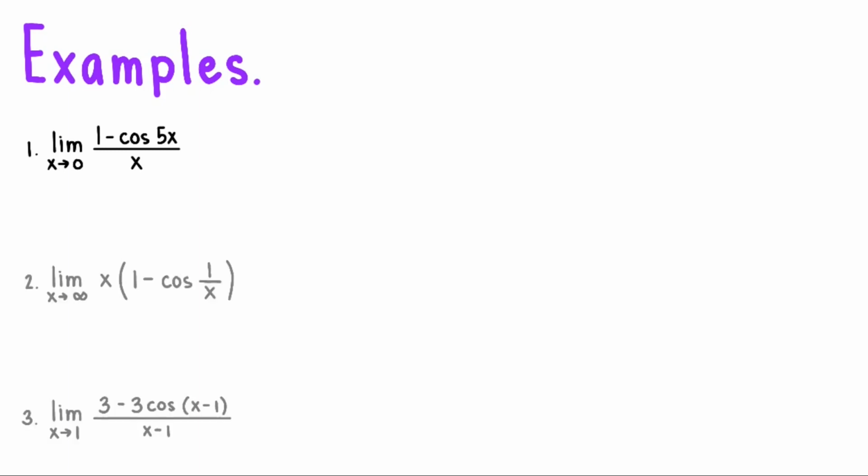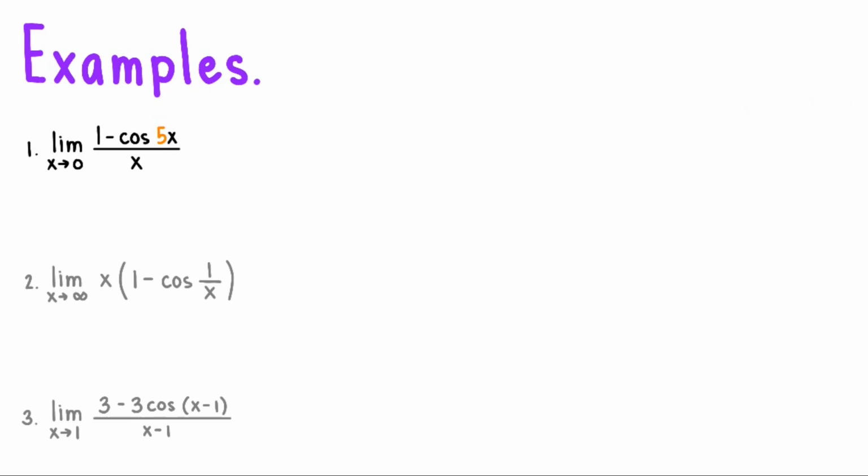We have here the limit of 1 minus cosine 5x all over x as x approaches 0. How do we solve this? We apply a trick similar to what we did in the examples on the first special trig limit. We observe the cosine out here. Observe that x has a constant beside it, which is 5. Given this,